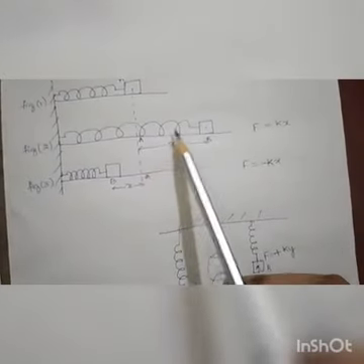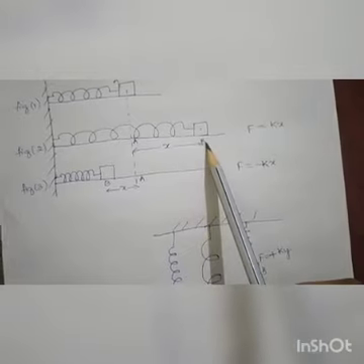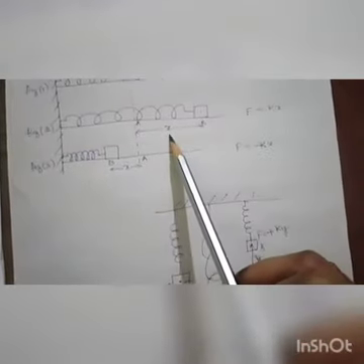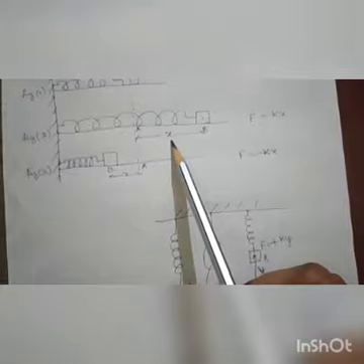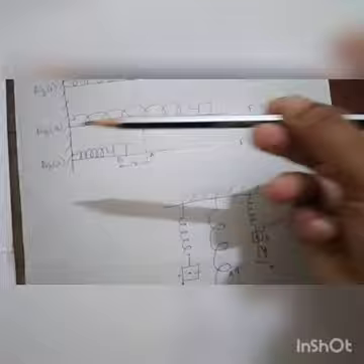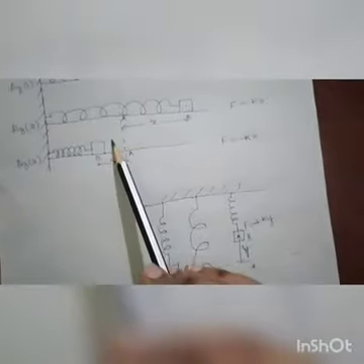Then I will take small displacements, some dx like that. Finally, it brings the spring to position B with displacement x. Hence, the applied force is directly proportional to displacement. In a compressed spring also we apply force in this direction, and the applied force on the spring is directly proportional to displacement. So F is directly proportional to x.